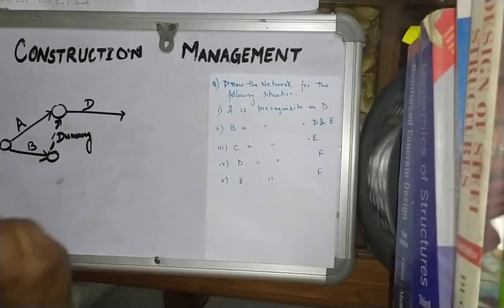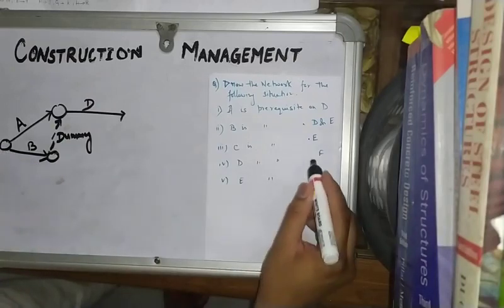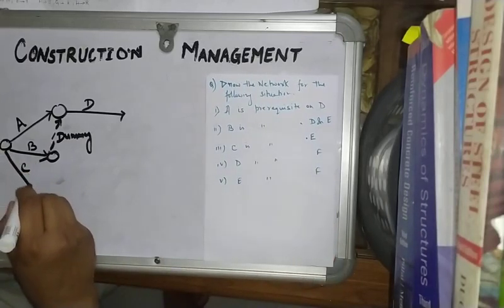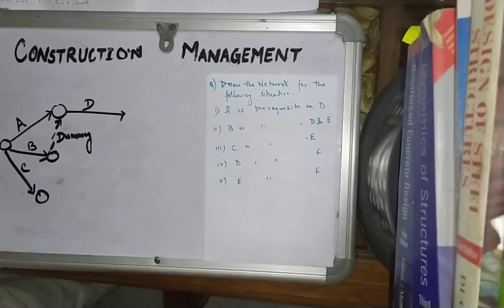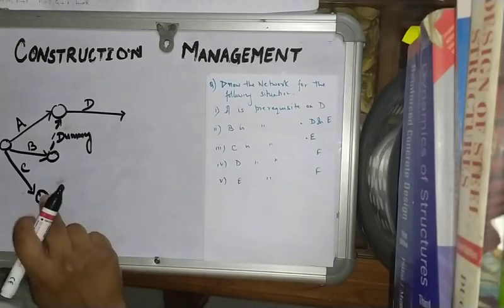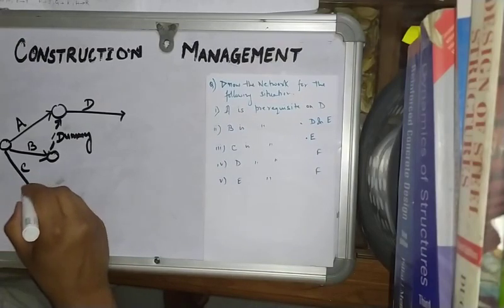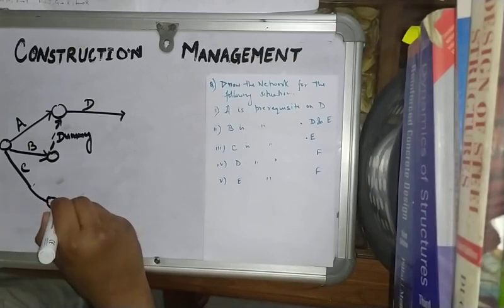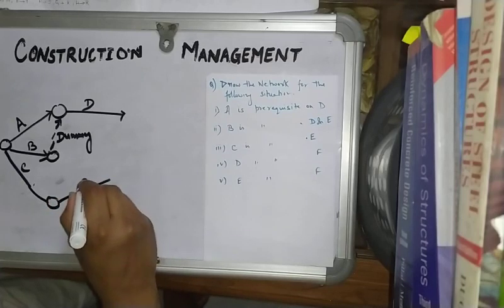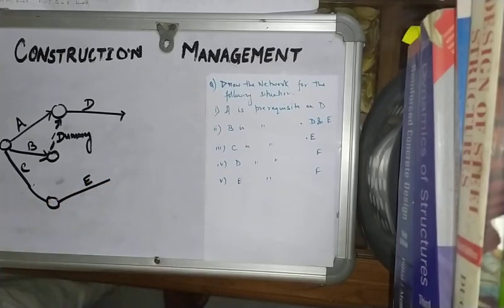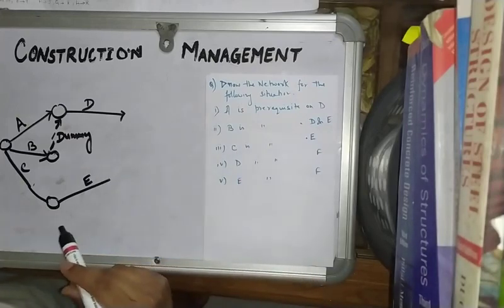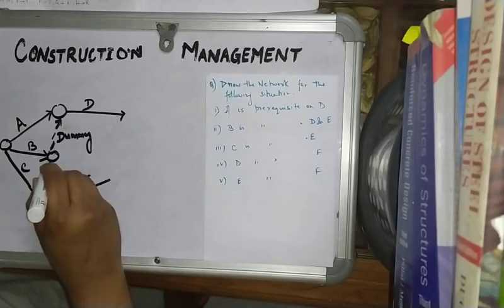Similarly, C is prerequisite on E. So there will be one more activity C. C is prerequisite on E, so there will be one activity E here, starting from some activity. C is prerequisite on E, but B is also prerequisite on D and E. So we can draw one more dummy activity here,